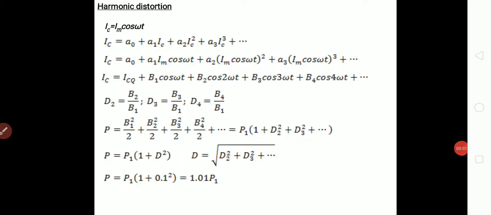We discussed in the previous section the power amplifiers, the class A power amplifier and the class B power amplifier, and we also discussed that the class B power amplifier has high efficiency but more distortion. So how are these distortions produced, how do we calculate the distortion, or how do we need to analyze the distortions? According to that we will discuss, and these distortions are in general known as harmonic distortions.